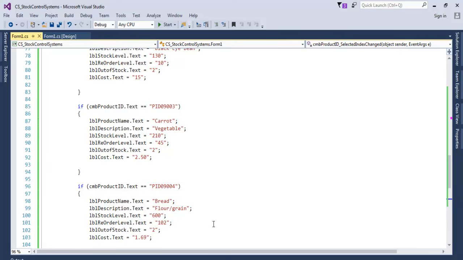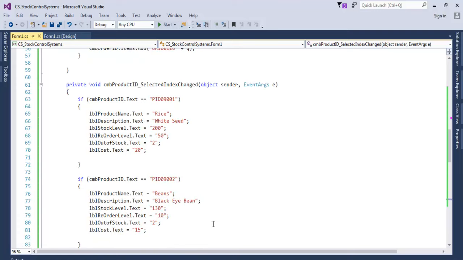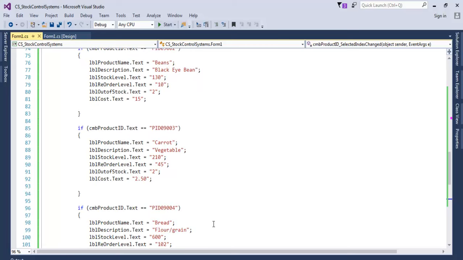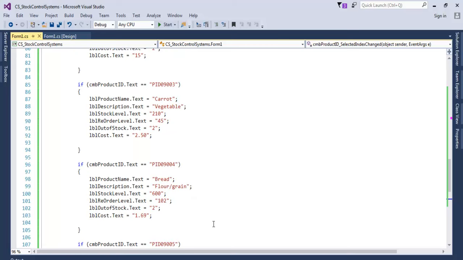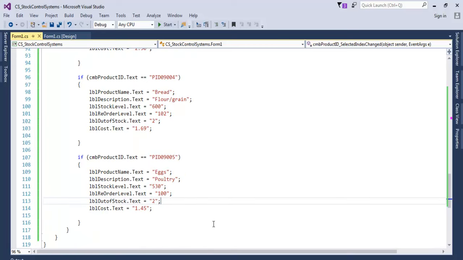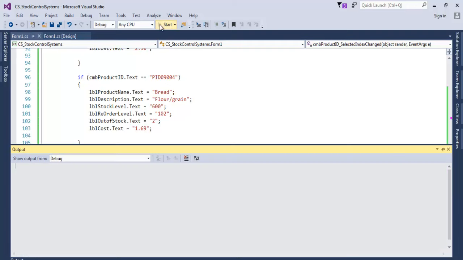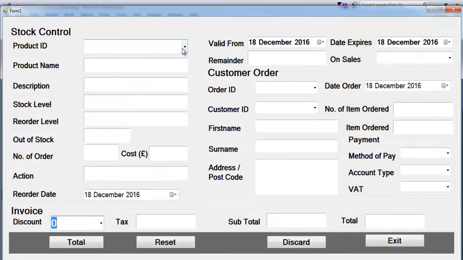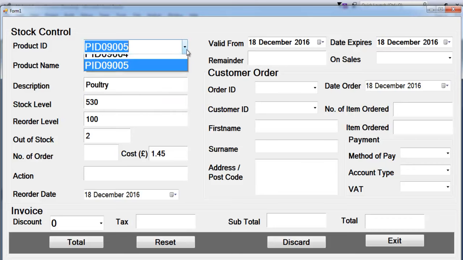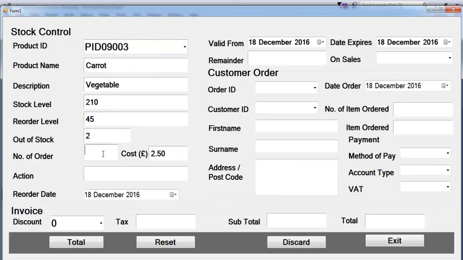So have a look at the codes. Let's take it from the top there, bring it down. Yeah, that's 3, 4 and 5, and that's it. So let's run it and you see what I'm talking about. So we select this, that's what we get, select that. Alright, and so on. So the next thing is for us to be able to enter our order